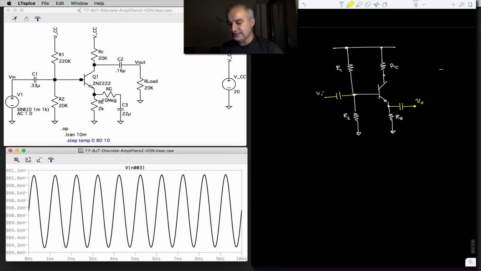If we do this, the gain for a wiggle here, we're going to get approximately the same thing. So the gain is going to be approximately equal to 1. But the impedances, the output impedance is very low. So let's look at the input impedance and the output impedance. The input impedance is not different than what we saw before. But if we are not designing this for gain, we can optimize it to have higher input impedance.